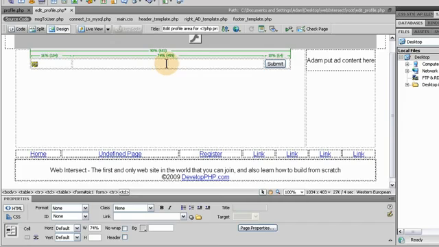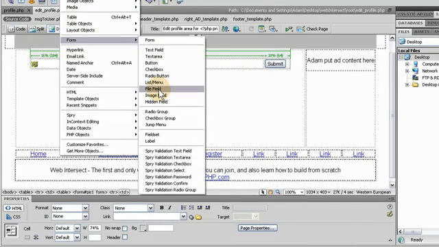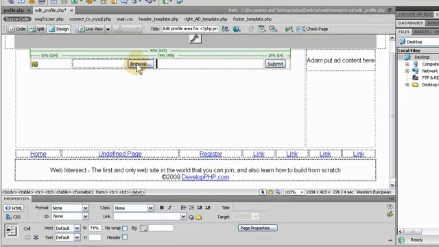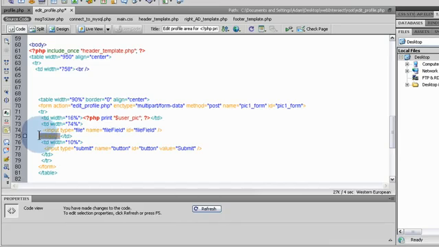Okay, so here we're going to go to insert, form, the file field. Just press OK. It'll give it default values. If you go into the code view and look, we don't want that label tag. Input type is file, the name is file field. That's fine. I might change the name of that. So now what we're going to do is